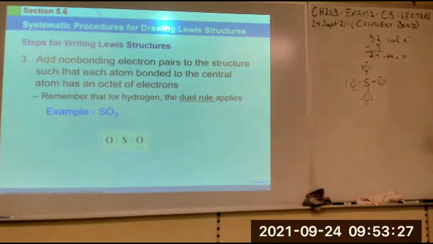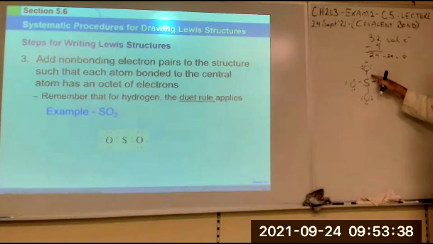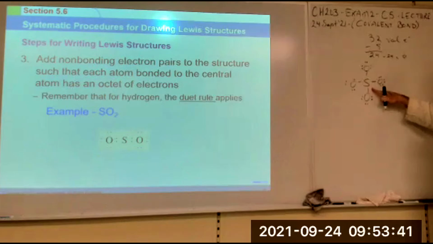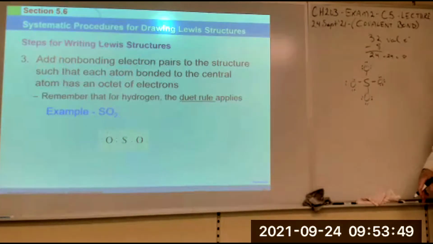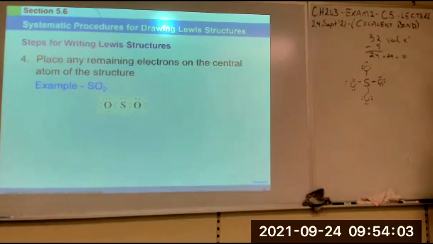All right. So now that we've positioned all of our electrons, we look to see, do they all have octets? Right? 2, 4, 6, 8 around sulfur. And 2, 4, 6, 8 around each of the oxygens. Everybody's got an octet. Right? If they didn't, we'd have to do something to make the octet. We might have to form a double bond. That's most commonly the way you do it. In this case, that's the Lewis dot structure